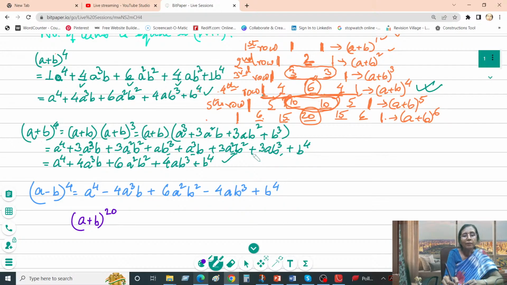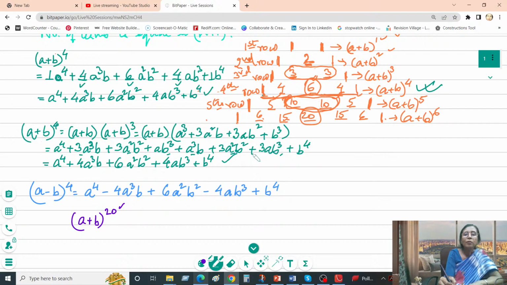And if we have to use the Pascal's triangle, of course we can use it. But you can very well understand how many rows we have to calculate in order to come to (a+b)^20. It will be the 20th row. We have to calculate all the 19 rows, though we do not require any of them. But in order to get the coefficients of the 20th row, we need all the 19 rows.